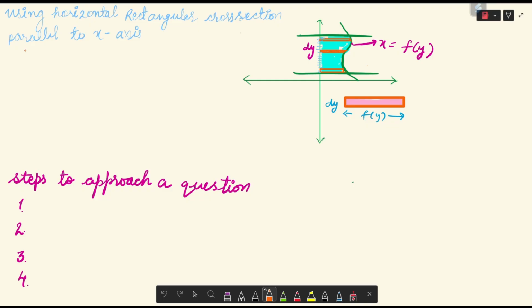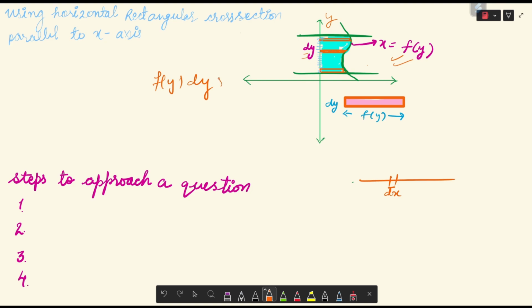So we will use the horizontal rectangular cross section. Horizontal means parallel to the x-axis. So like there we were dividing the x-axis into smaller elements, here we are dividing the y-axis into smaller elements. So we'll name that element dy. Then the length of this rectangle is given by the value of the function, so the function's value is f of y. So what will be the area of this rectangle? f of y into dy, and we are integrating